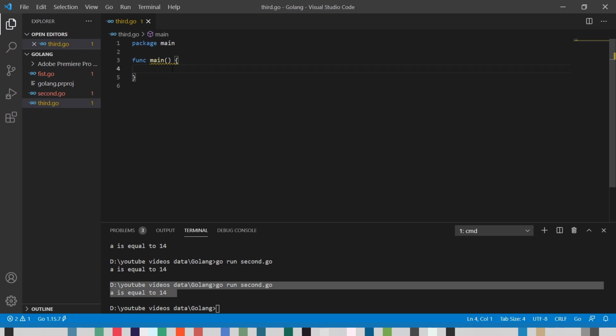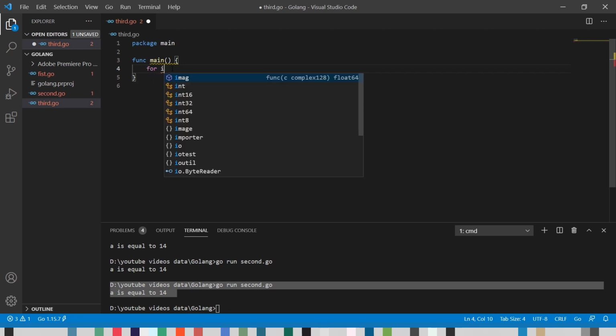So are you going to write fmt dot println 1,000 times to print all the students, or if you have thousands of phone numbers, are you going to write a print statement thousands of times? No, there should be some kind of rerunnable lines. There should be some kind of iterating feature given by a programming language that we can use to iterate. So for this we have a for loop, and I'm going to first initialize i with 0,